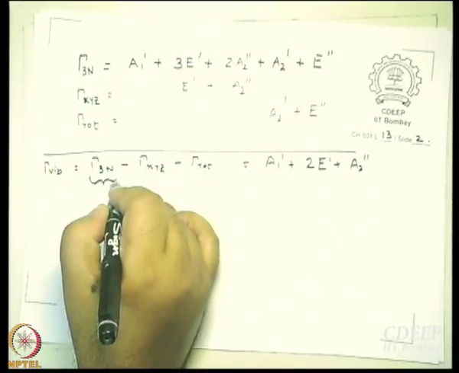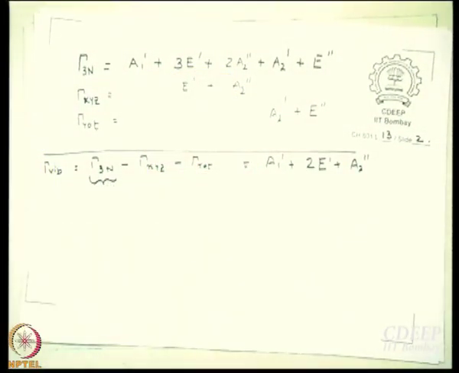Two things. First of all, we don't have to do all this. I can simplify this further for you. What is gamma 3n? How did we get gamma 3n? Do you remember? For gamma 3n, what you did is you took the number of atoms that is not changed by a particular symmetry operation, and you multiplied it with the character of xyz, right? Understand what I am saying or not?